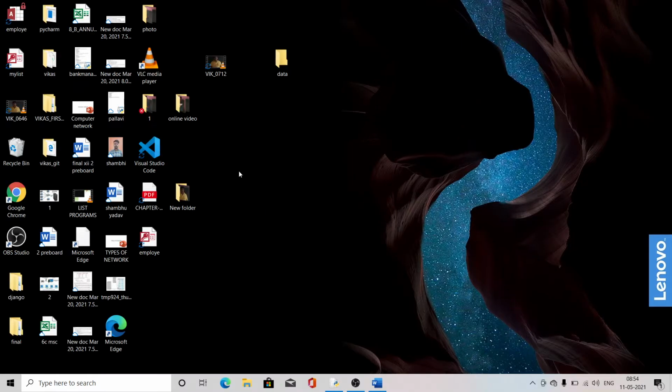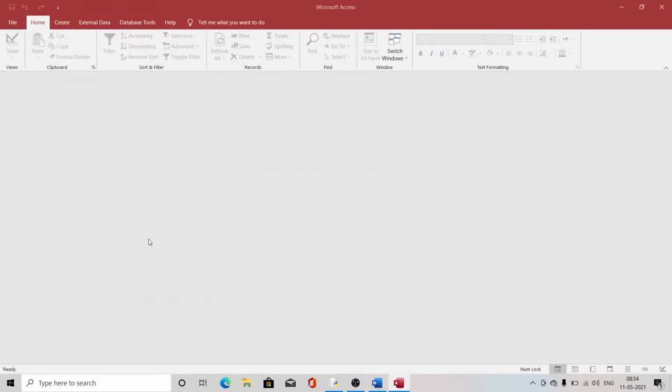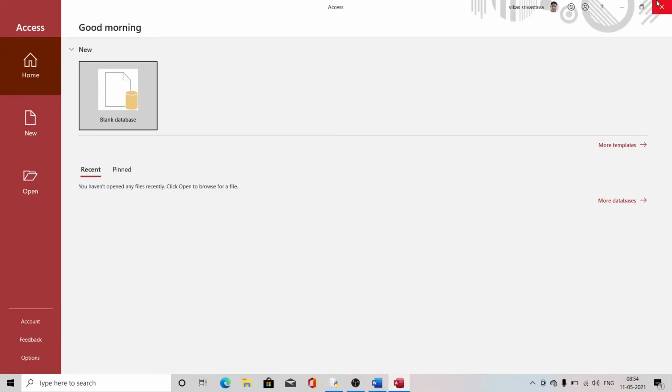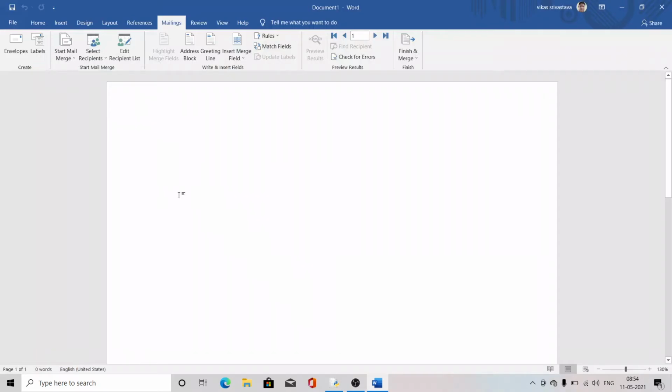Look here, in the form of a database it is saved. If you open it, it will open in MS Access database. Actually it is saved by MS Word, so it is not opening directly.